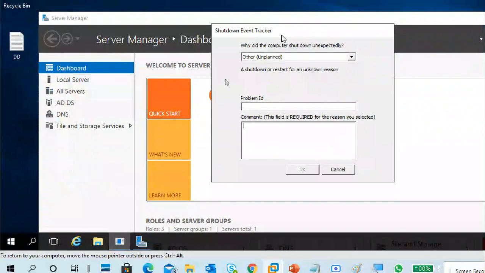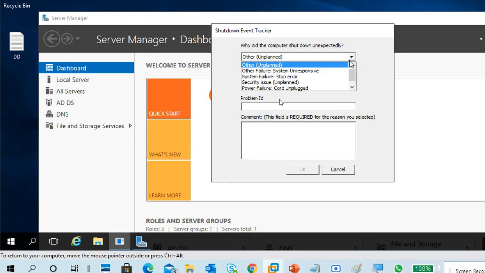What is this shutdown event tracker? What is this event tracker? This is a server. Remember, a server should not be shut down at any time. If you want to make some changes, like an upgrade of server infrastructure, or you install updates in the server, or you are adding infrastructure, or something service related, you have to tell why you are shutting down. After restart you also have to tell why the system was shut down.